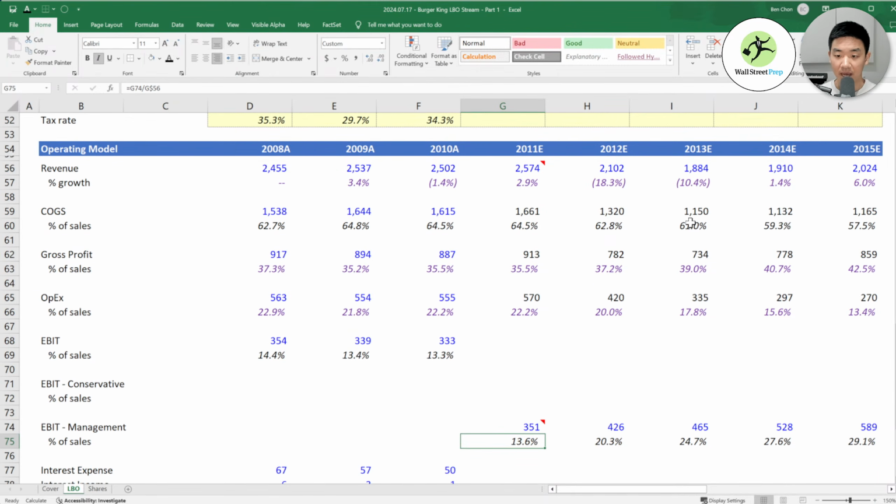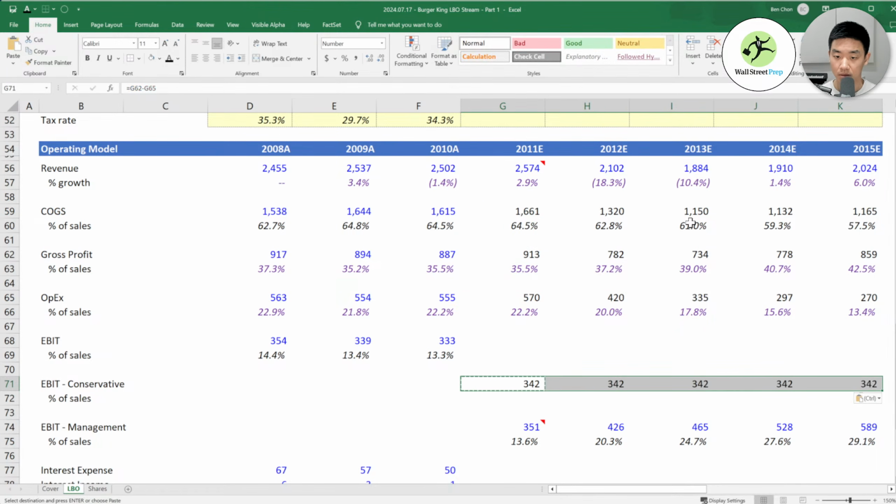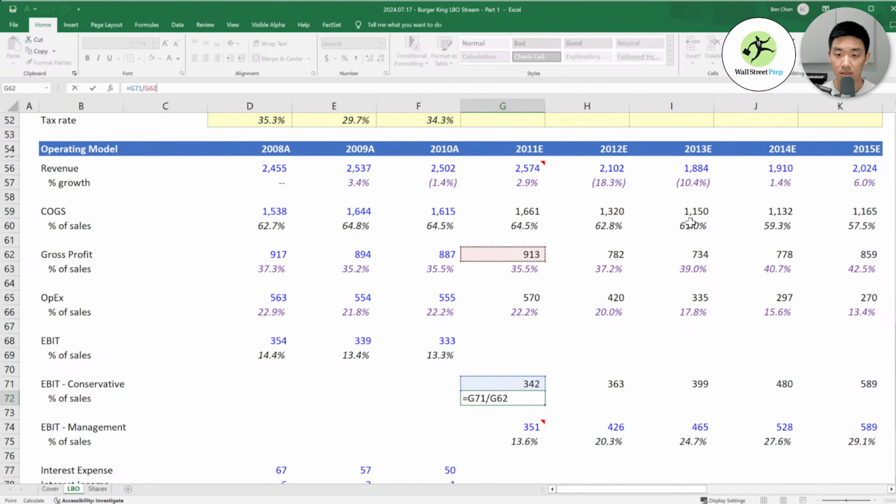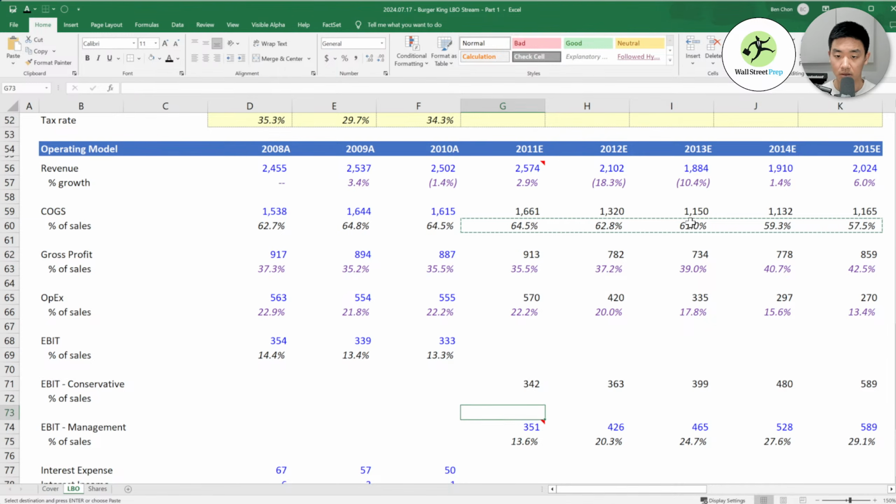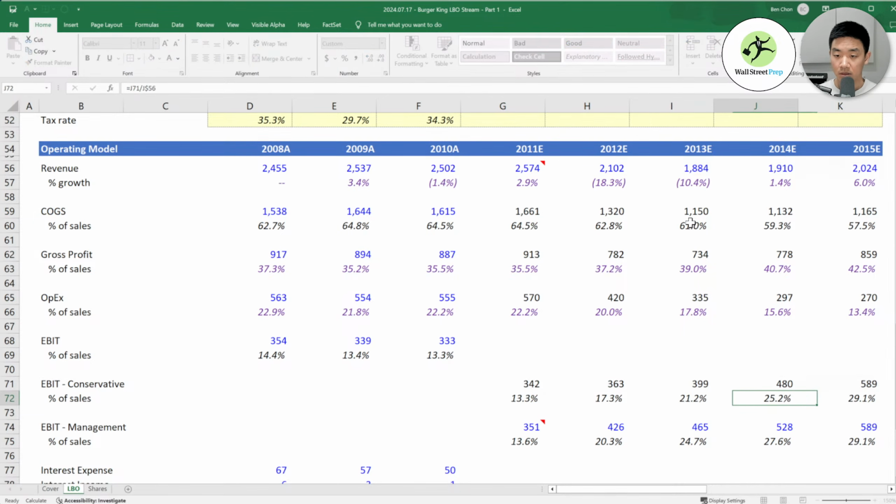So if you see here, management assumes that we're getting to this 29.1%, right? So in our conservative case that we built out here, this is our gross profit minus our OpEx. And so this is, copy paste this. So this kind of tracks to our management case, right? So 13.3, a little bit more conservative. Year 2, 17.3. Year 3, 21%,